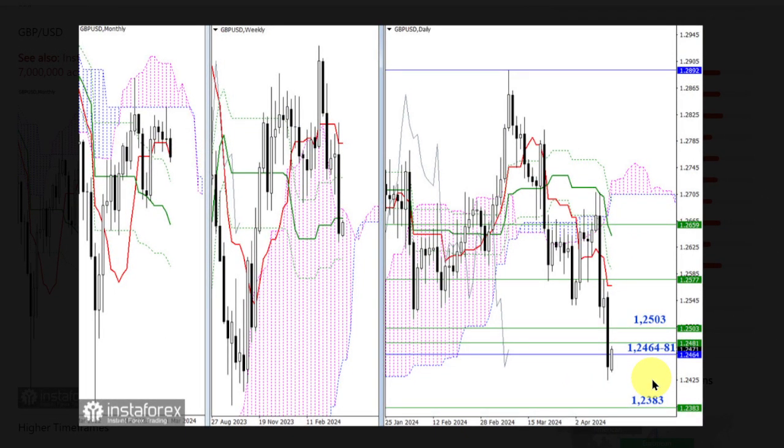Last week, bearish players on GBPUSD managed to assert themselves by closing weak below the current supports: 1.2464, 1.2481, and 1.2503. The main task now is to maintain the achieved level. The next bearish target on the higher timeframes is the final level of the golden cross of the weekly Ichimoku cloud,